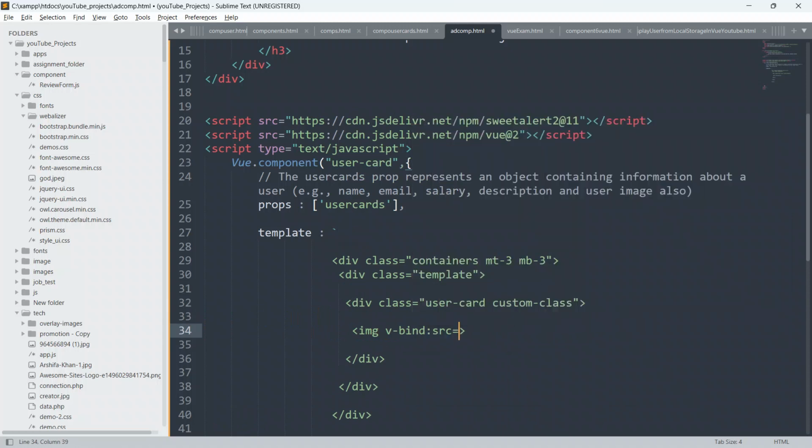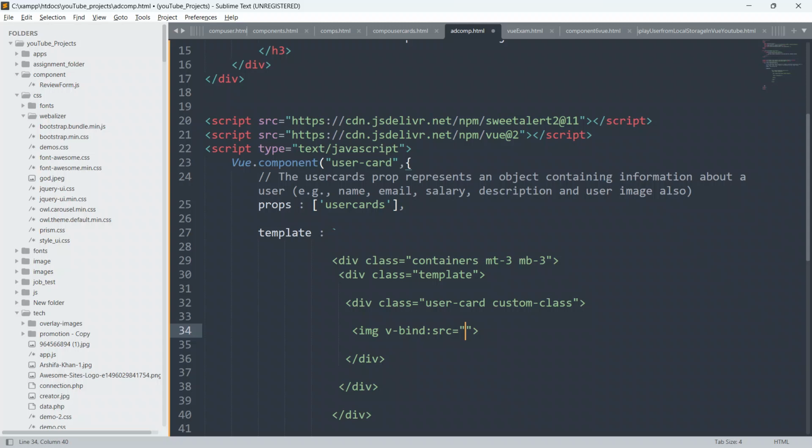In Vue.js, v-bind is used to bind data or properties to the HTML from the Vue.js instance, from the Vue.js code. So always remember, v-bind is used to bind data to our HTML element, to our HTML tag, from the Vue.js instance. That's why I keep repeating that v-bind is used for this.